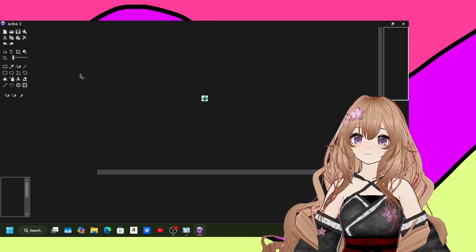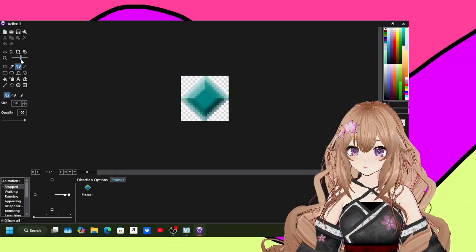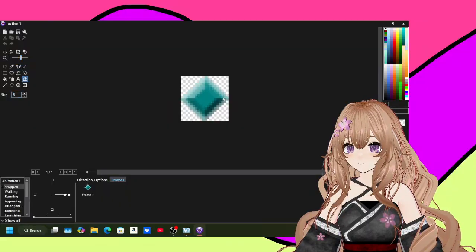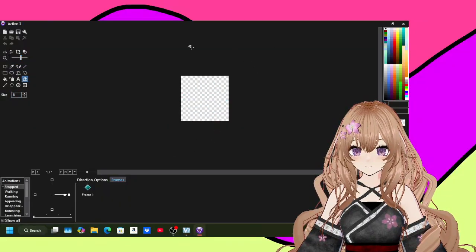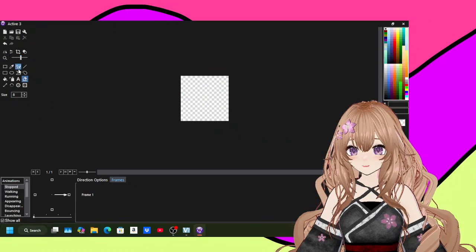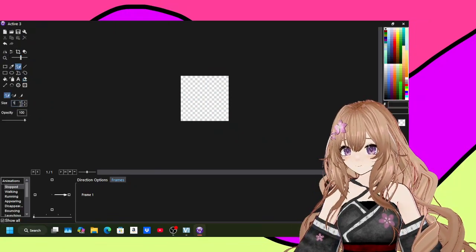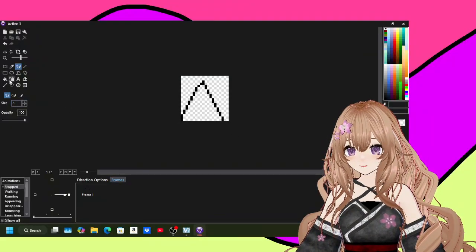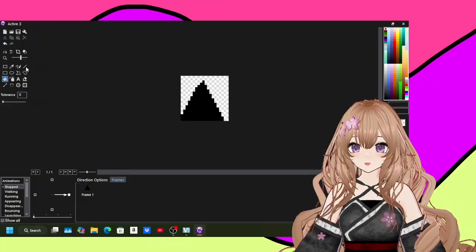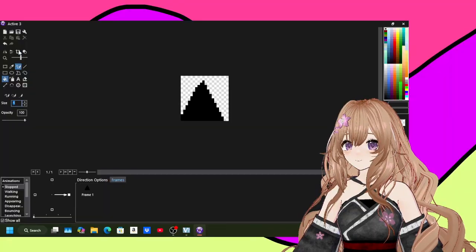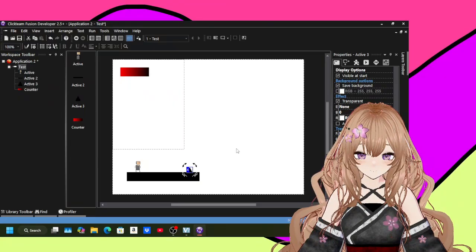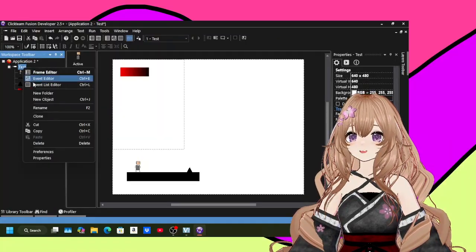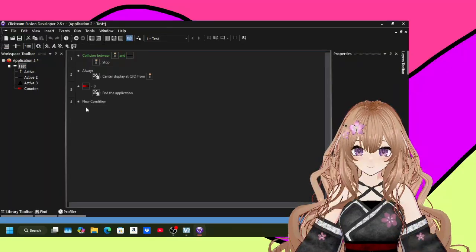Let's wait for this to finish, okay? Now we zoom in. We erase this. For this test, I'm just gonna draw like a simple spike, but usually it's better if you like actually make a spike, but